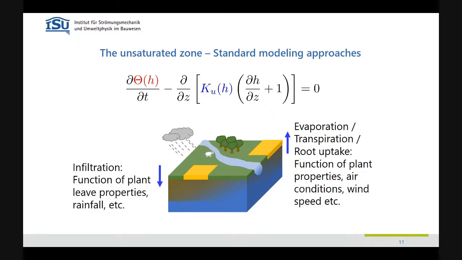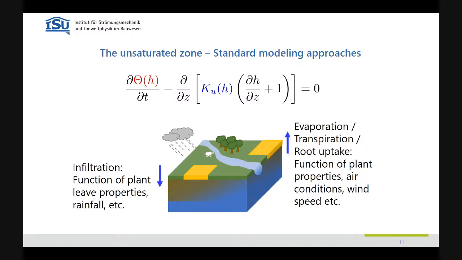And then we have to be aware that we describe with this model typically averages, horizontal averages. Again, so the parameters have somehow to capture this. So to make good predictions, it's clear that these parameters are vital. So we can make good predictions if we have good parameters. And here we have now an issue in the unsaturated zone. And this is because we need observations to determine the parameters.